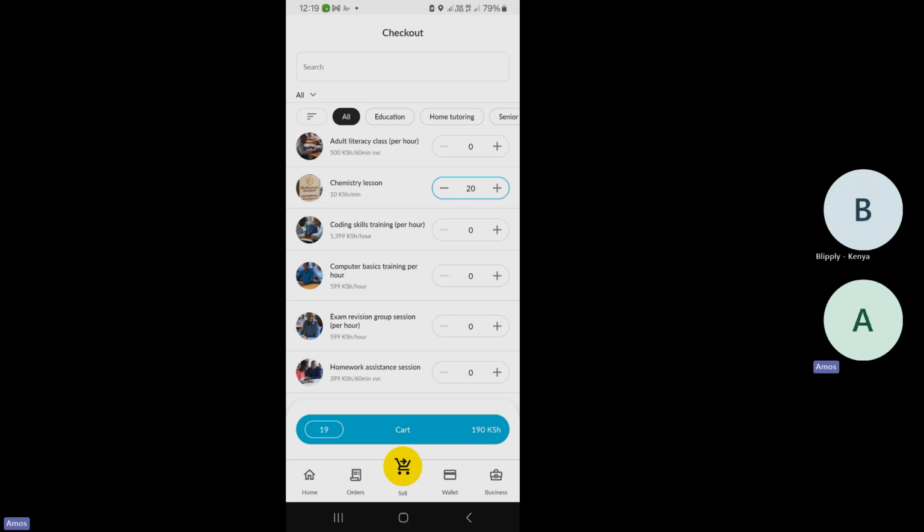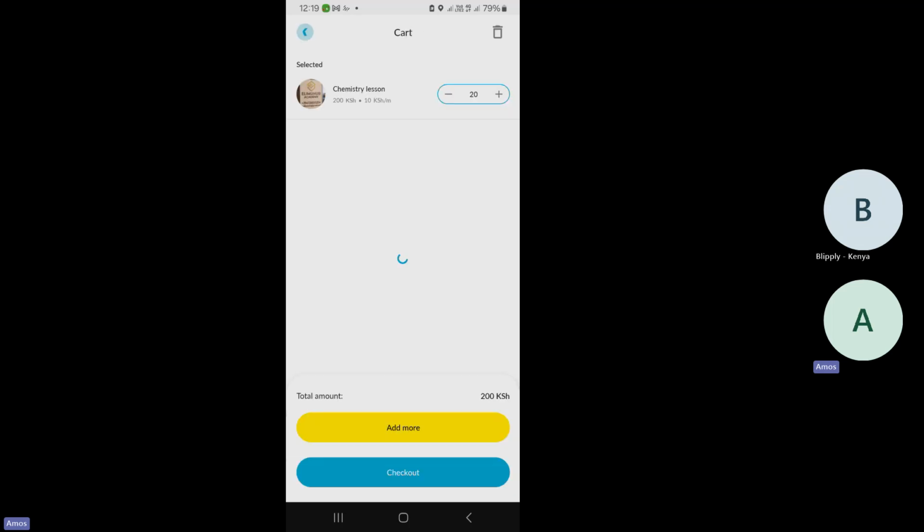For 20 minutes, because it's 20 times 10, then the amount becomes 200. And then you can just proceed on to the cart. And because I don't want to add anything, I can go to checkout.